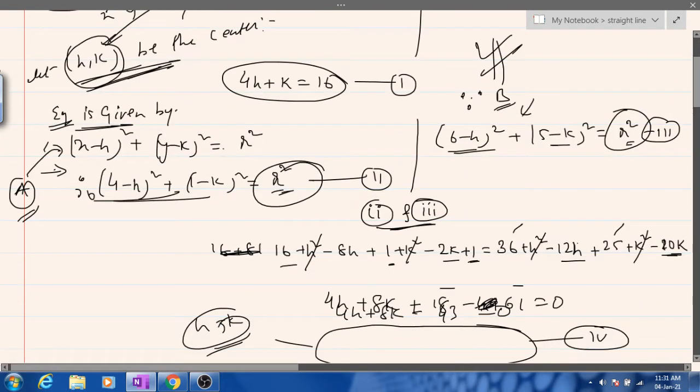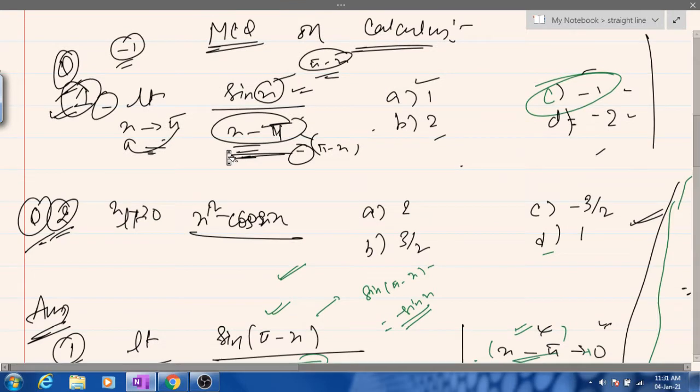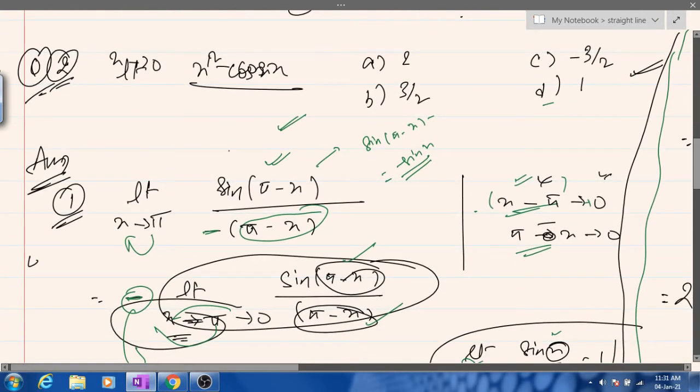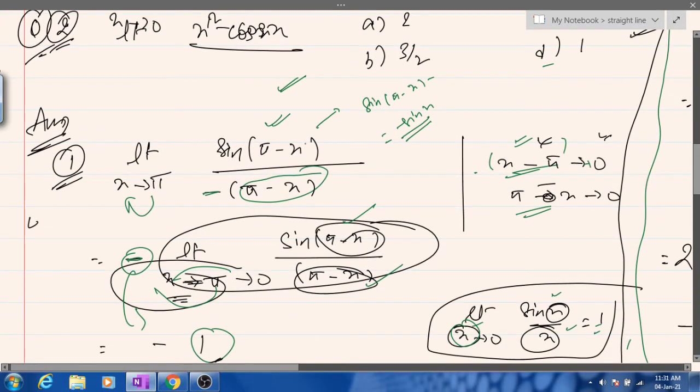And students have understood this thing? Great. If you haven't understood, there goes the solution for this thing. Pi minus x as it is, pi minus x taking minus common, bring this minus outside, x minus pi, keeping this in mind, okay? X minus pi tends to 0 and pi minus x tends to 0 mean the same, where you're multiplying minus 1 on both the sides. So applying this property of limits, we get minus 1 here.